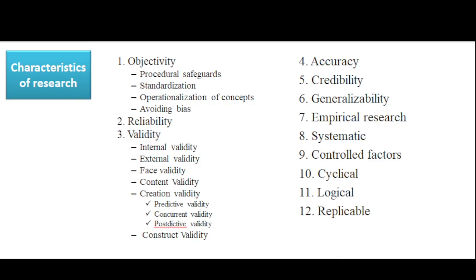And then validity. Validity is about ensuring the research accurately measures what it intended to measure. So there are different types of validity. First is internal validity, ensuring that the outcomes of the study are genuinely caused by the variables being studied. So for example, if the study is about the impact of library training sessions on database use, internal validity ensures that any increase in database use is due to the training, not another factor